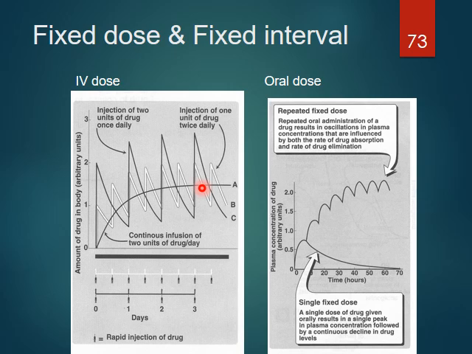So say, for instance, instead of giving a drug continuously, I'm going to give it as intermittent doses. Let's say, for instance, I'm going to give the drug, 2 units of drug just one time daily. So instead of giving it 2 units of the drug over 24 hours, I'm just going to give it one time a day. And so what you end up seeing here is that you're going to get really high peaks of the drug. You end up getting some metabolism down, and then the next day comes along, and then you have another really big dose of the drug, and it's going to come back down again, another really big dose